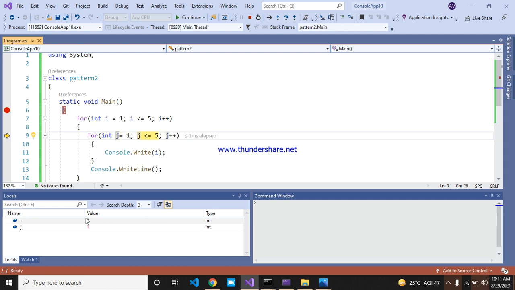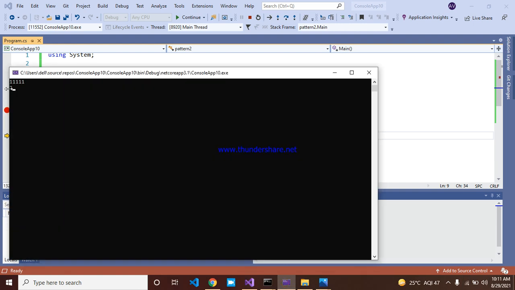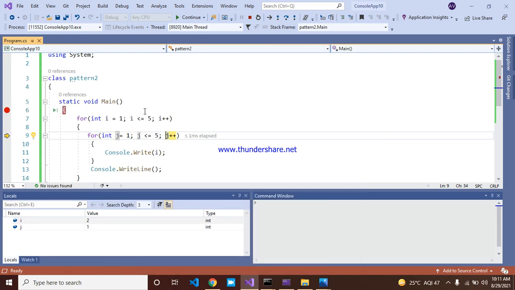And j is equal to 1, again j equal to 1 is true, j less than or equal to 5 is true, and it comes to this line. This time the i value is equal to 2. You can see it prints 2. This is how the loop goes on in this pattern. You can debug like this and easily understand what is going on.